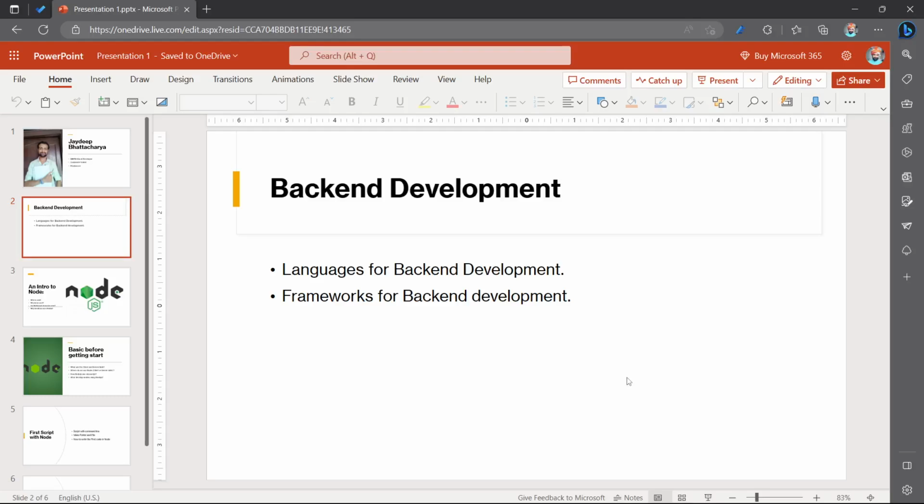So, as a developer, when we start learning backend development, we have a confusion: what if there is no scope in the future for Node.js, and in future if we don't have any scope, what would I do?